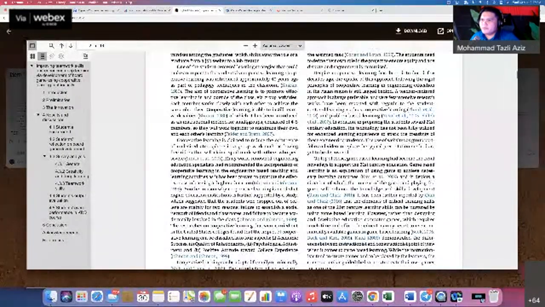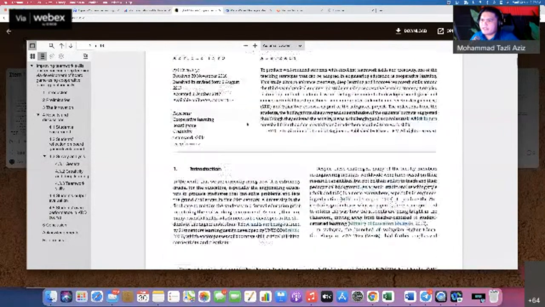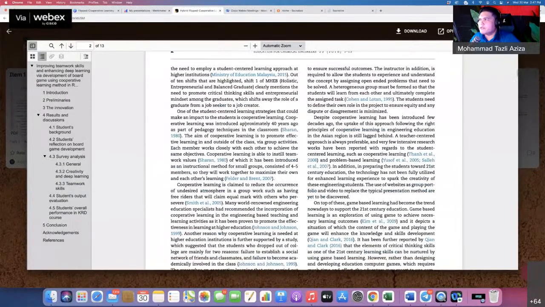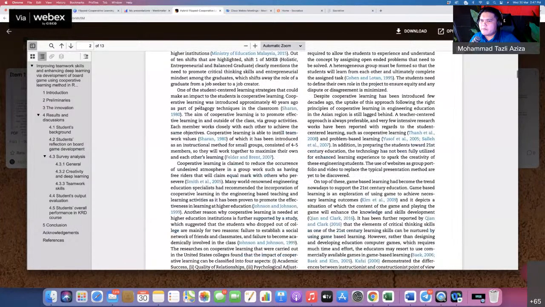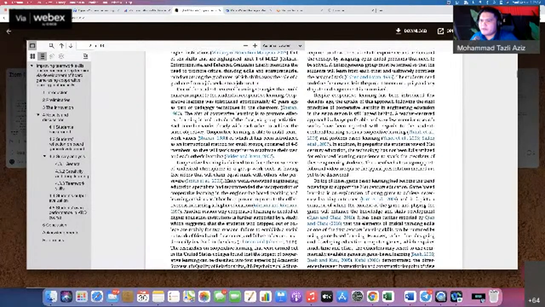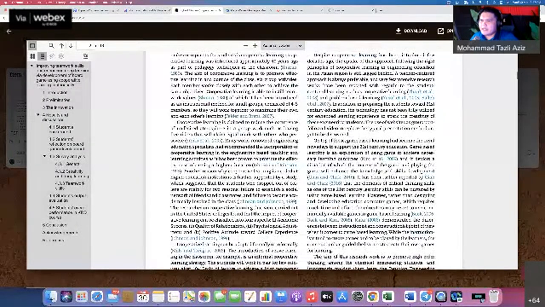So from page 2, let's have a read. Spend your time a little bit reading the second paragraph in page 2, starting from the word here. One of the student-centered learning strategies that could make an impact to the student is cooperative learning. Cooperative learning was introduced approximately 40 years ago. So I would like you to spend your time just reading the paragraph here, followed by cooperative